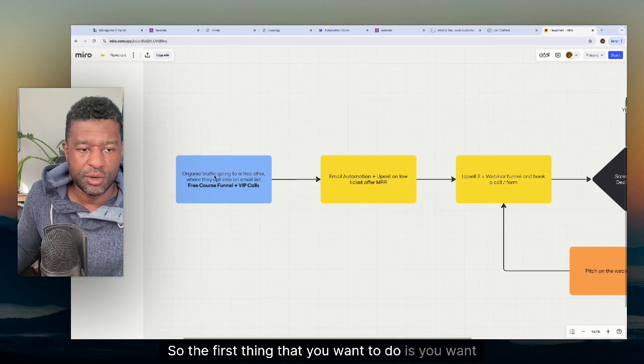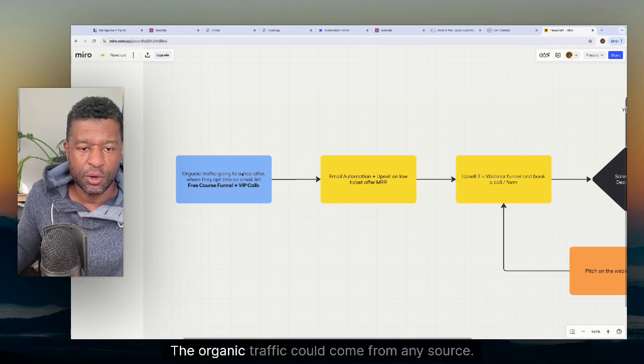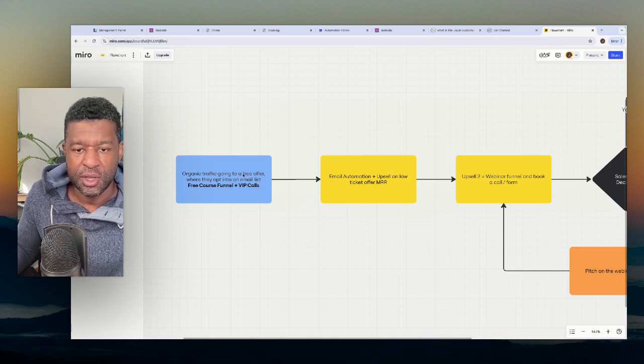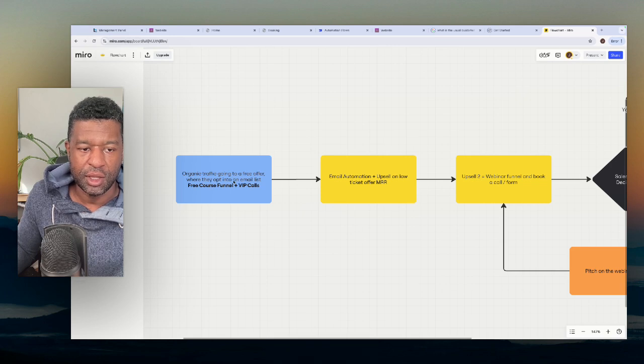So the first thing that you want to do is have organic traffic going to a free offer. The organic traffic could come from any social media platform. That could be Instagram. Instagram is a great way to sell offers because most of the people on Instagram are just browsing for entertainment, but sometimes they like to buy off of Instagram too if you can establish a relationship. If you build a good enough relationship and you're talking to them in the messages, then you can get them into your free course, and that will help boost your